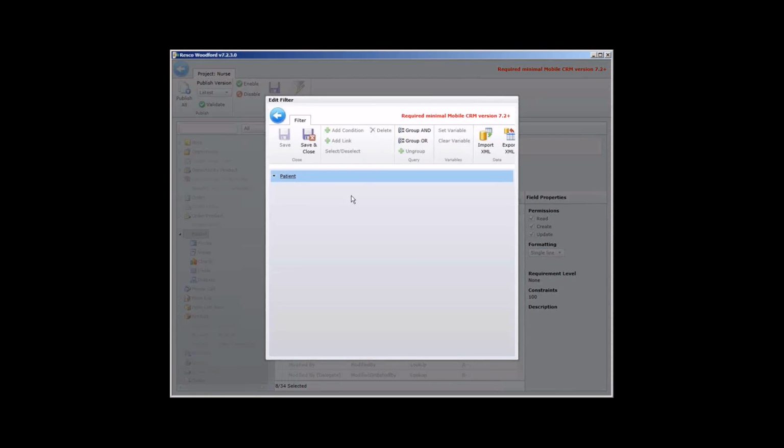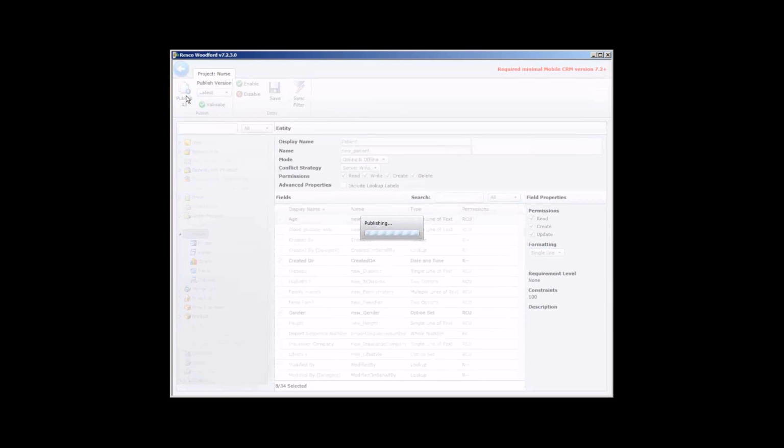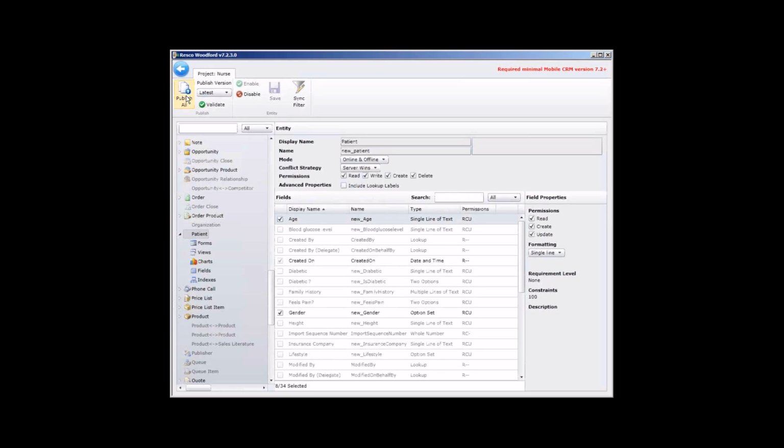So let's click on the sync filter. Very easy, add the condition that the owner must equal current user. That means the current user on the mobile device. So in this case, it's me. So I should definitely see fewer records when I synchronize the mobile application again. So let me publish, and let's see if after this synchronization I'll see fewer